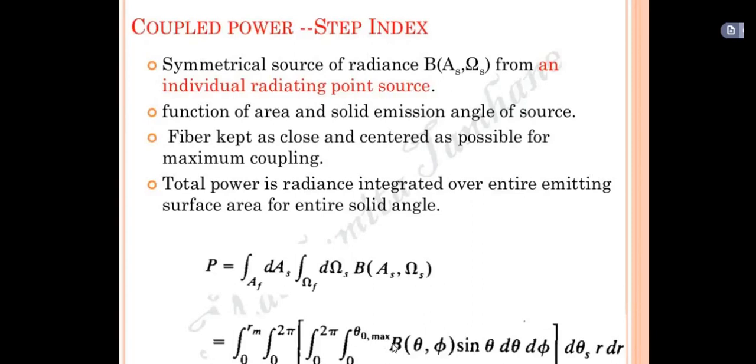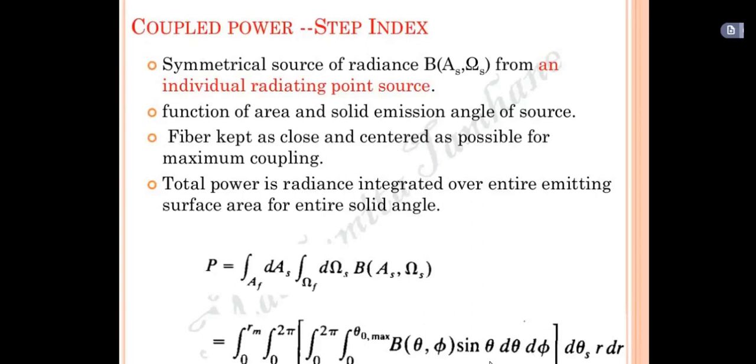For the outer part, we are integrating with respect to r dr, because it is not a Cartesian plane but polar coordinates that we are converting into the cylindrical system. So this is how we can obtain it by considering A_S and omega_s. A_S separately we integrate from 0 to R_m, and 0 to 2 pi with d theta and dr, that is for the outer surface. This integration, and this one and this one, both we are considering for the outer surface. The internal part is for omega_s. Both are symmetrical sources of radiance, that is the individual radiating point source.